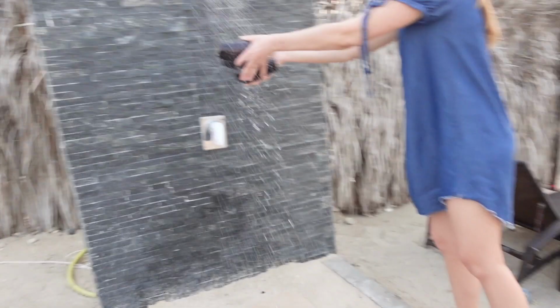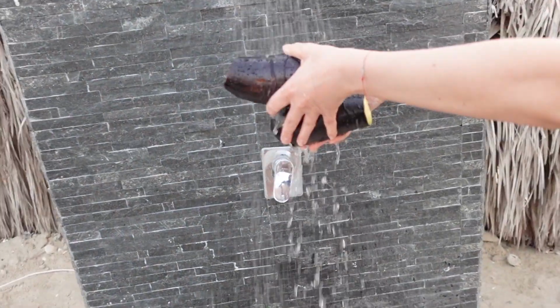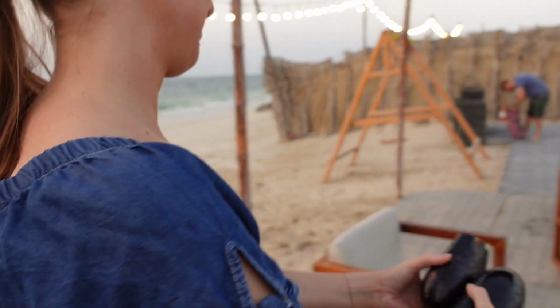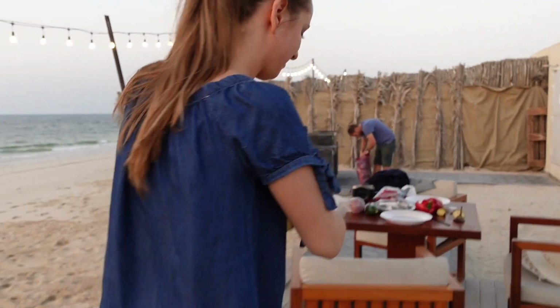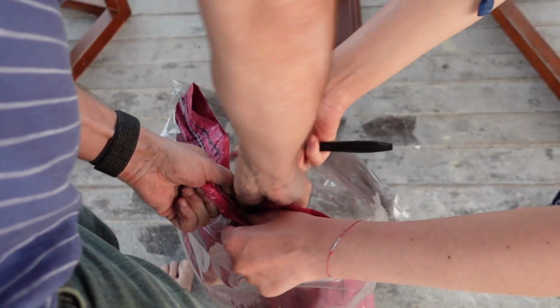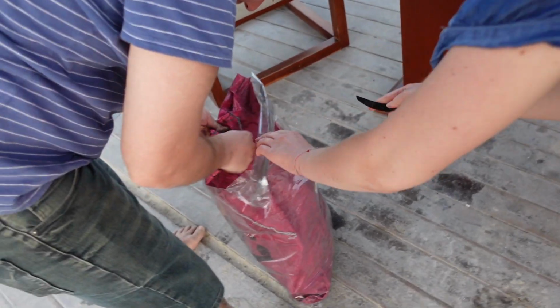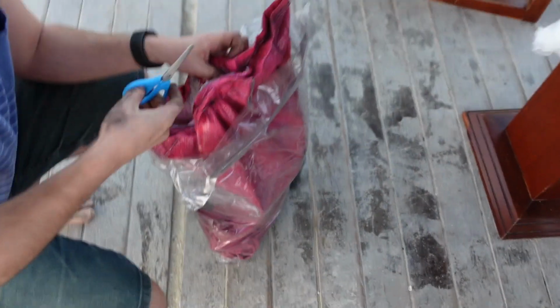So we're about to do some barbecue time, and she is washing the eggplants. We don't need salt and pepper or any seasoning, we're just using the natural resources that we have. I just realized I brought scissors, so...